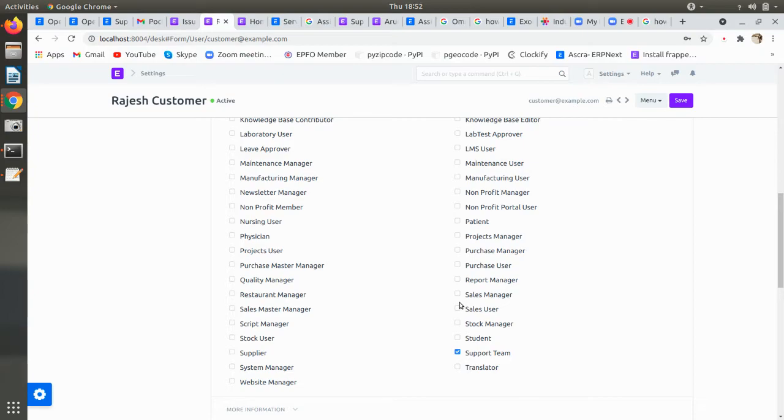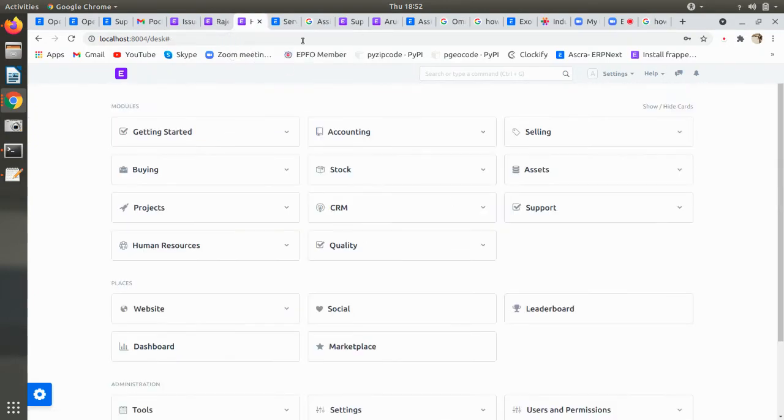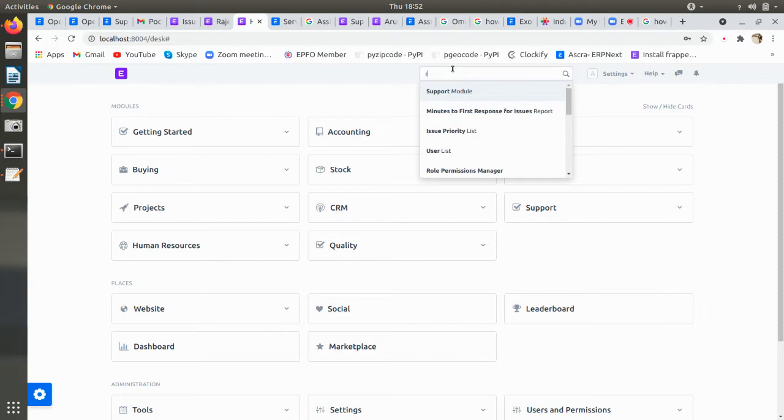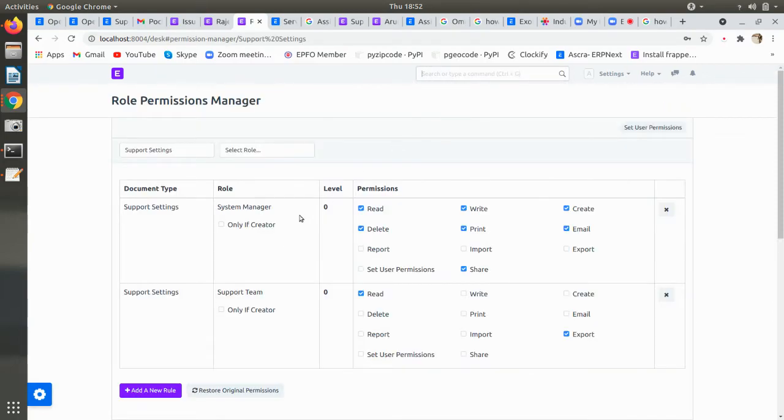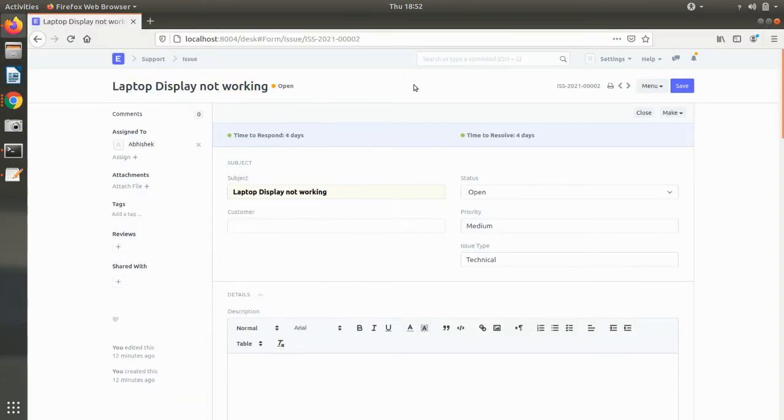The customer has the right to complain, the right to say I have something wrong in the product that I purchased from you. Okay, then we should have some other role permission. Have you logged in as a customer? Yeah, I logged in as a customer here. This is the customer login ID.